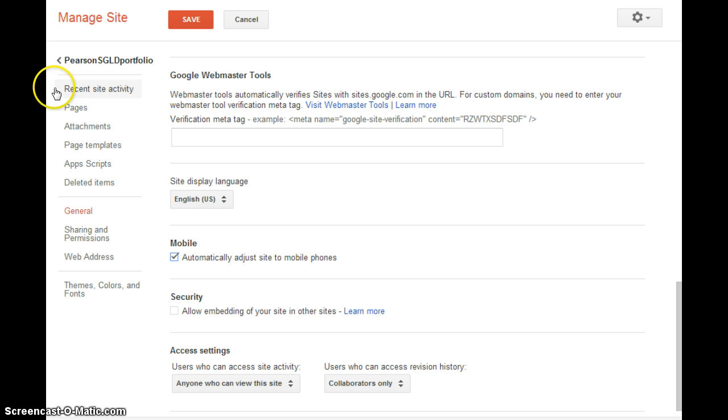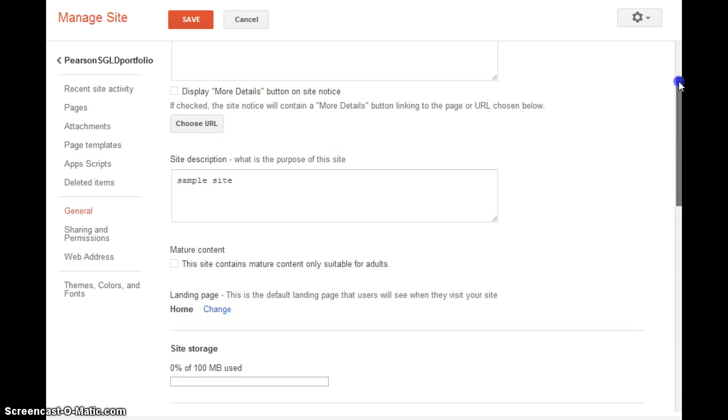And then the other thing I want to point out is that there are other choices here in the manage site. Here at the bottom, the access: users can access the site activity. Anyone can view this site, and you're probably going to want that because we're going to do some settings in a second. And then, who is it that you want to have access to revision history? Collaborators only. You can just leave those, so basically, you're leaving those defaults as well. So on this page, besides changing the name, the only other thing we really did was enable it for mobile